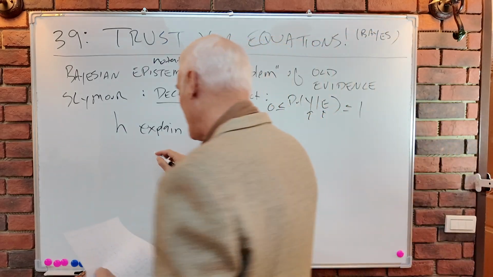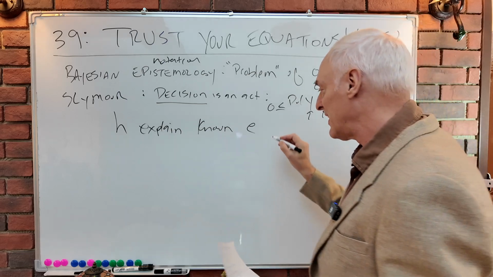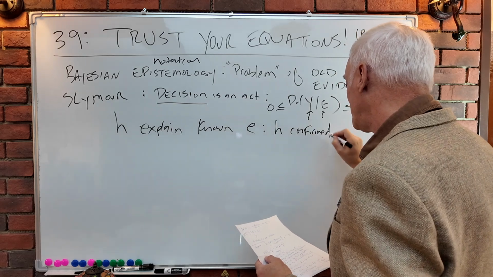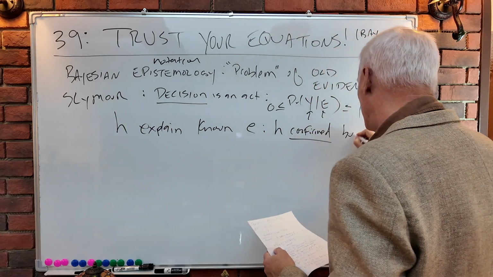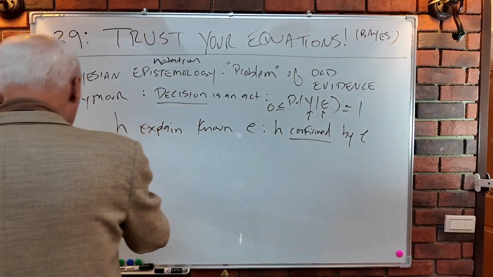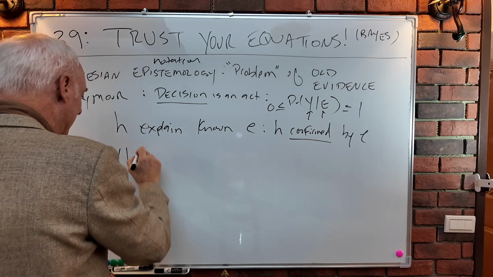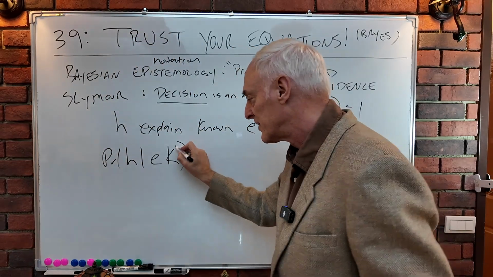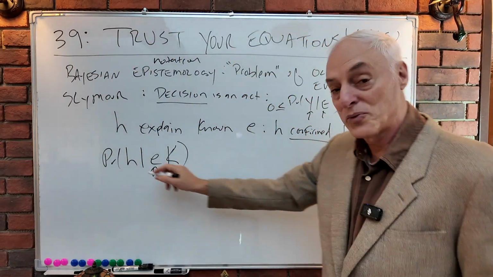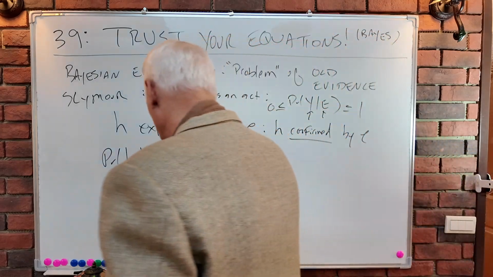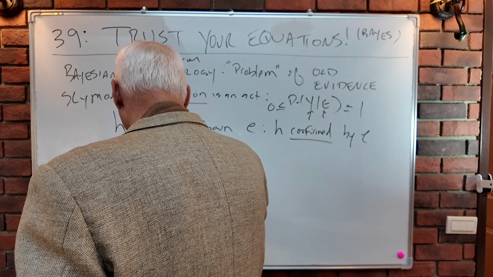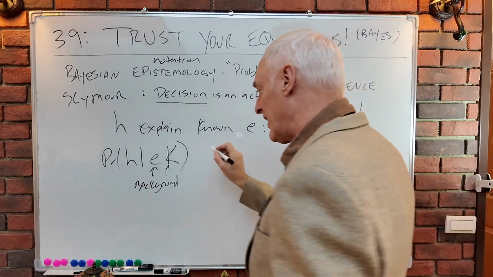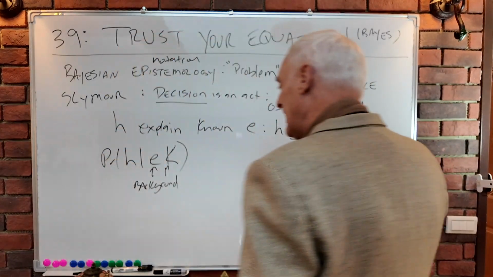We want to say, and Glymour asks, is H confirmed? How do we tell that H is confirmed or disconfirmed by E? Well, it's very simple. They didn't write it down, but it's confirmed if the probability of the hypothesis, given this evidence, whatever this evidence is, whatever the hypothesis happens to be, and this is crucial here, this is going to be whatever background evidence that we have, in addition to whatever observational evidence that we have, the evidence confirms H as long as